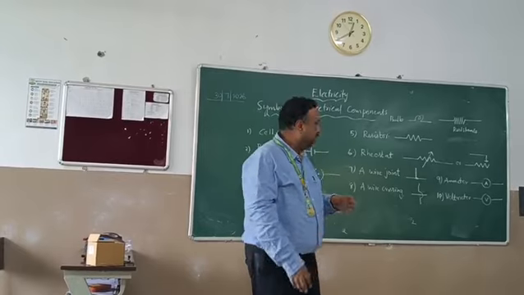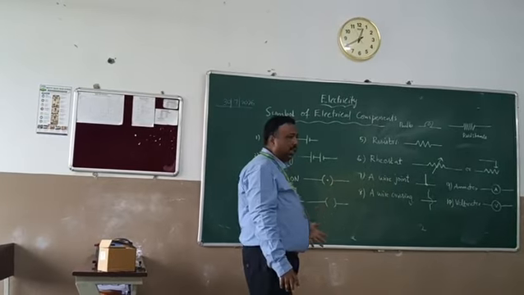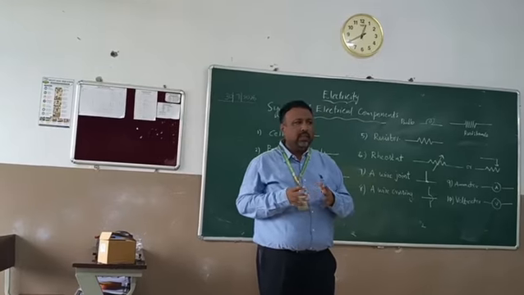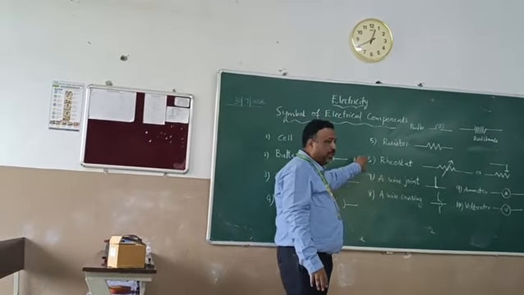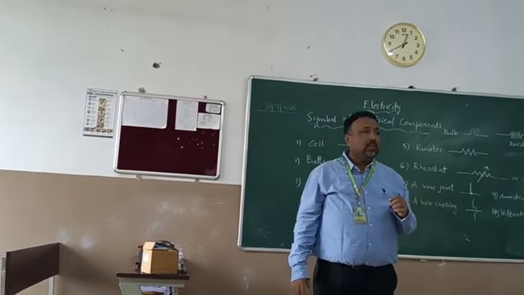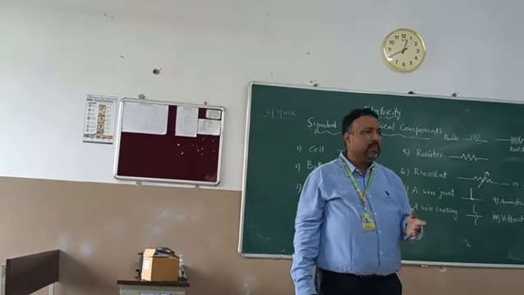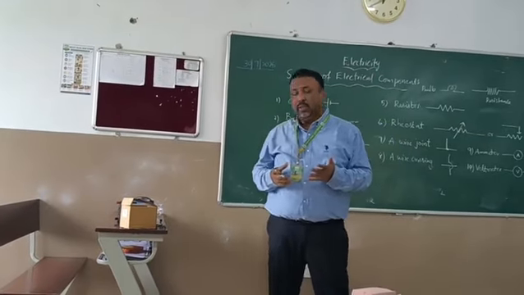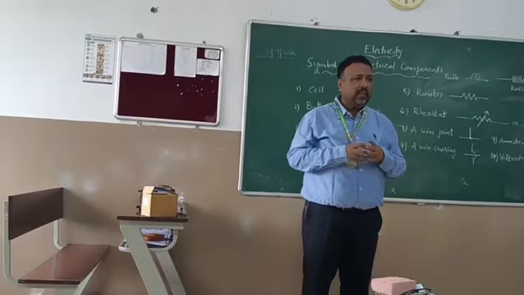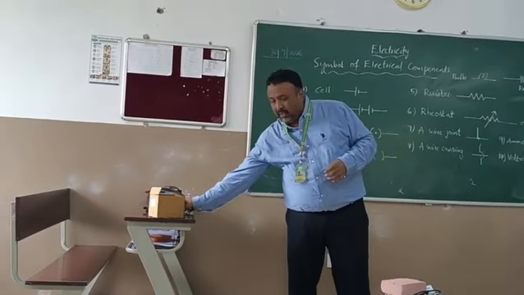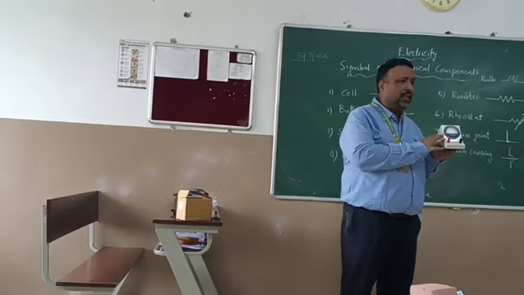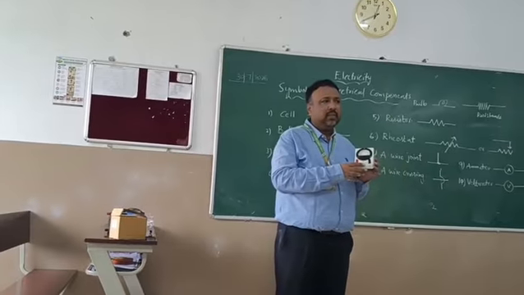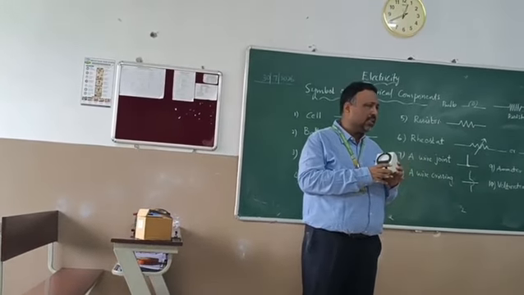Clear? While seeing the symbols, you may get some little doubt about how they actually are. But when we see them practically, they are not like that. They are a little different. They are not the real instruments, but the symbols of the instruments. Yes or no? If you draw the original ammeter, how it looks, it is very difficult to draw every time. It will take more time to draw. If you want to draw an ammeter in a circuit diagram, you need to draw it very clearly. Not everyone has good art, so they will spend more time. It is a very difficult task.